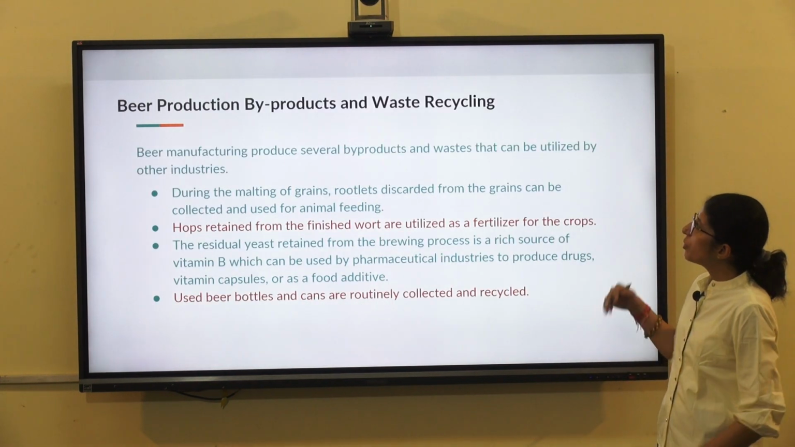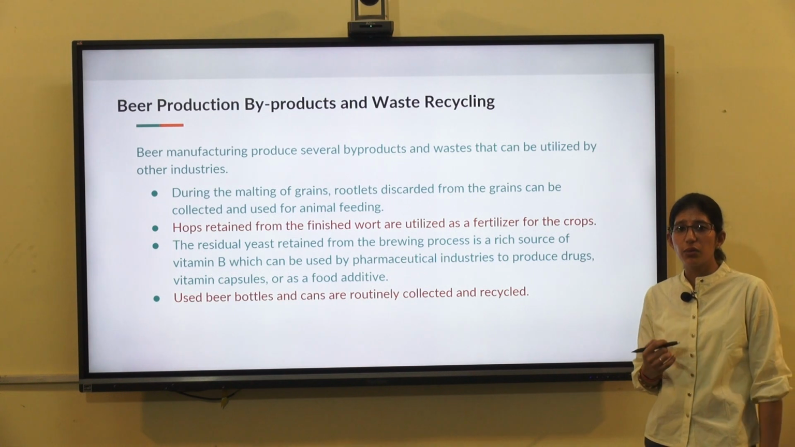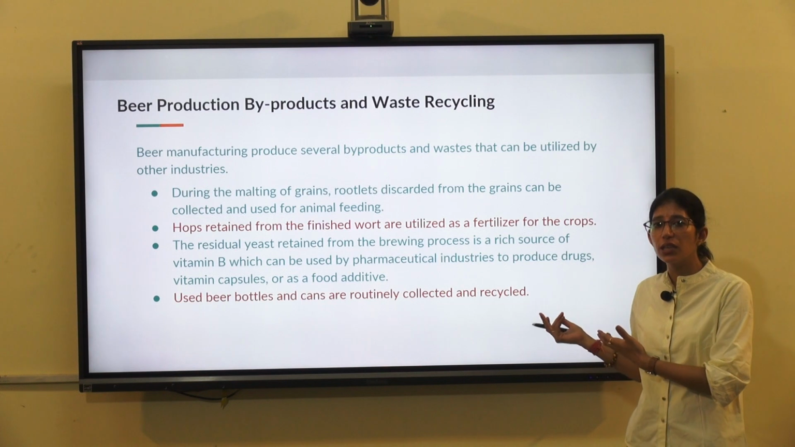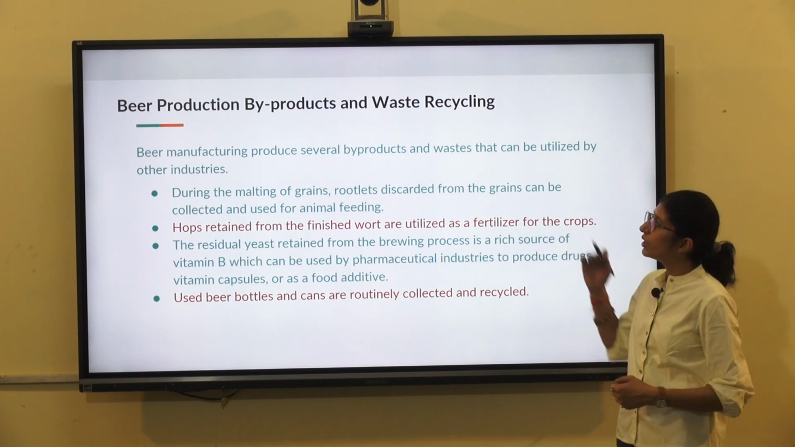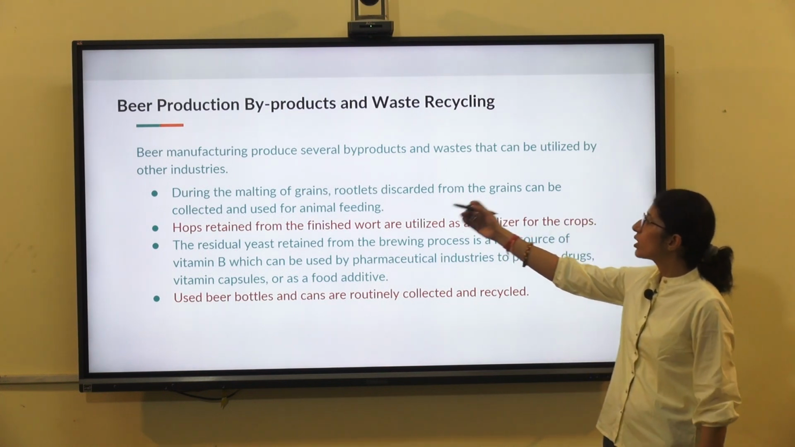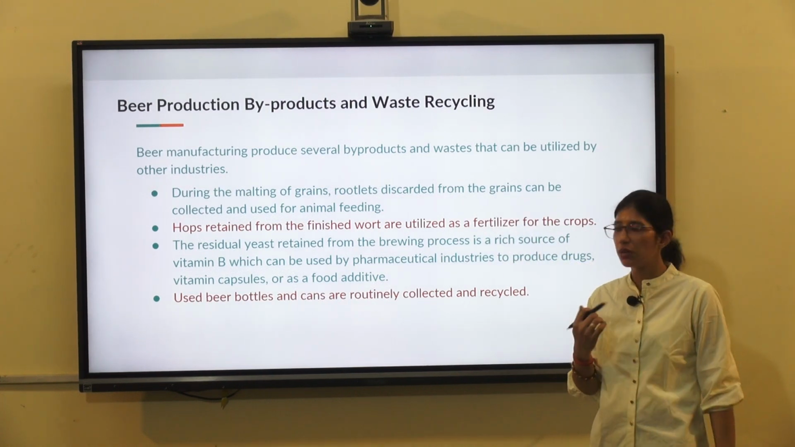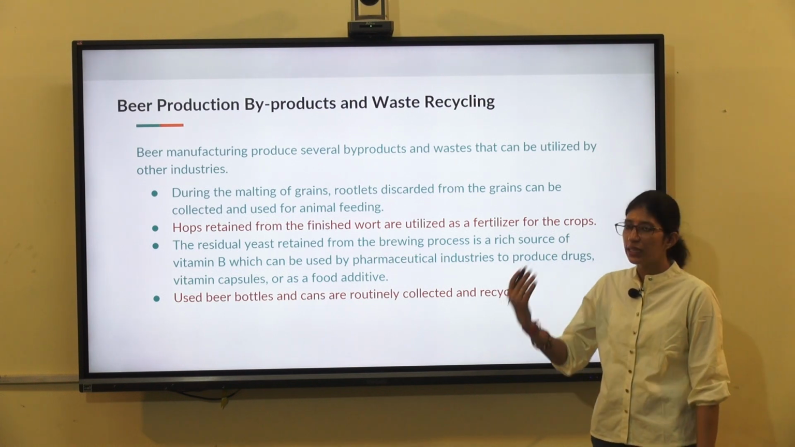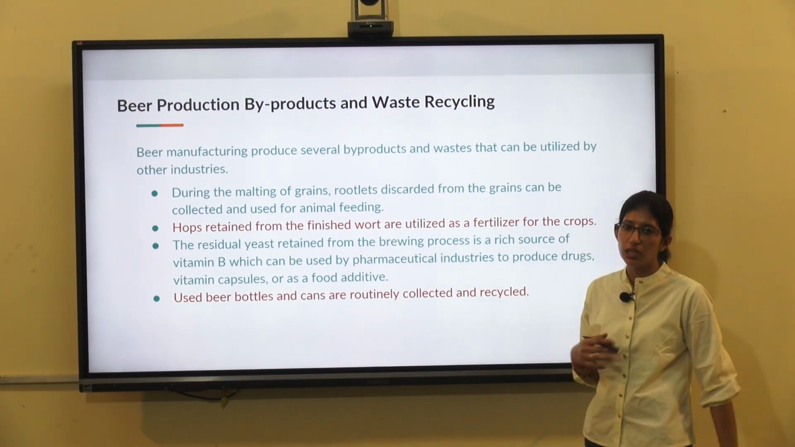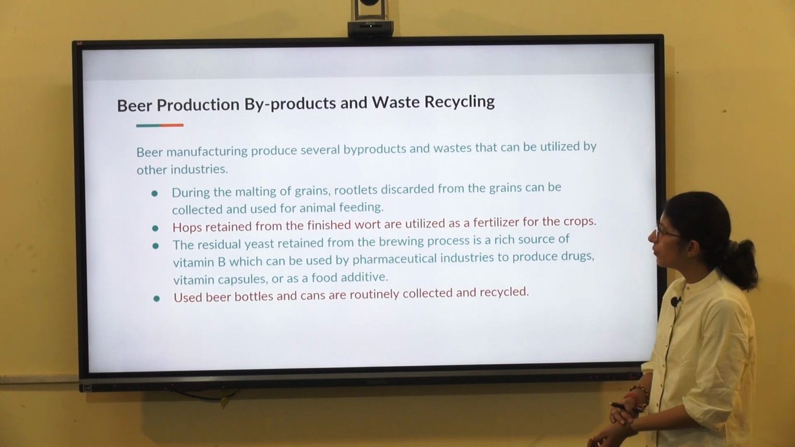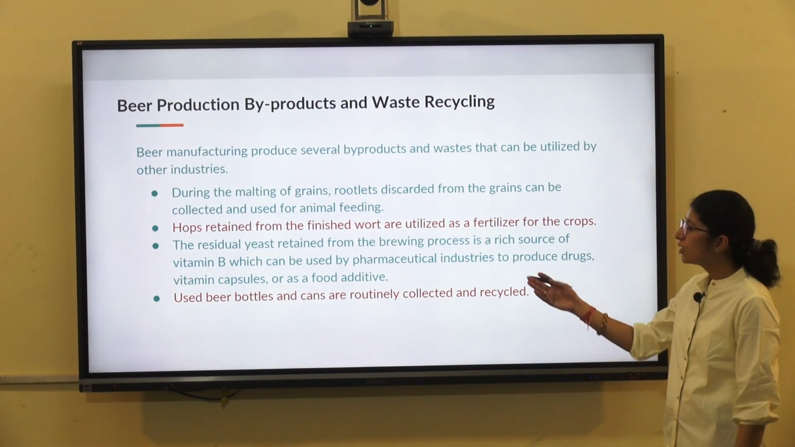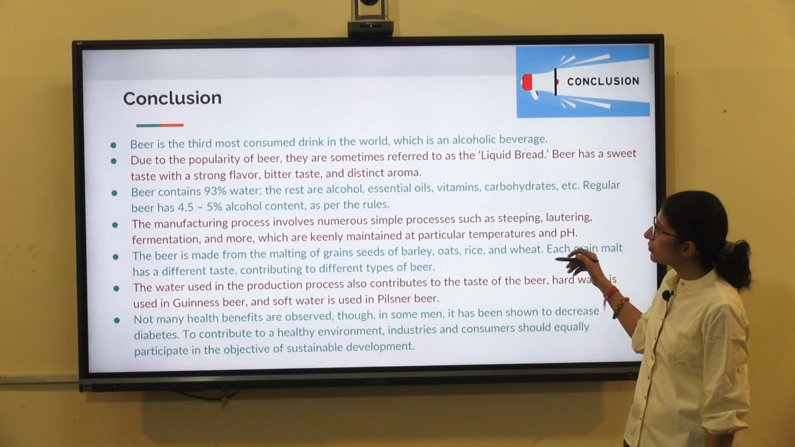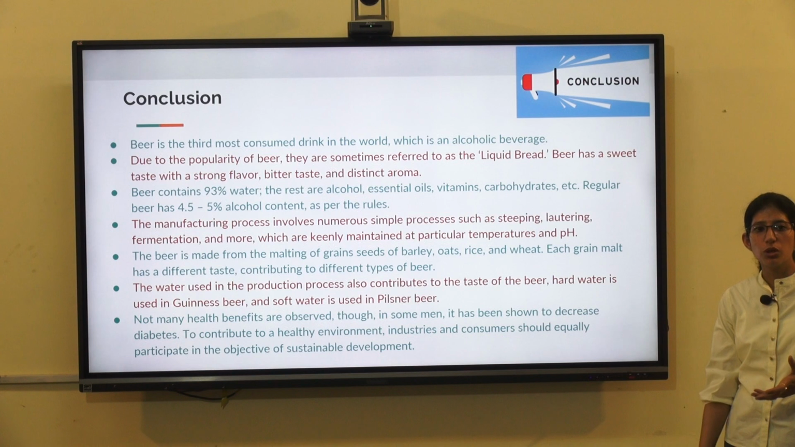Beer production and its waste recycling. Why it is recyclable manner. This is the conclusion. It is the third most...